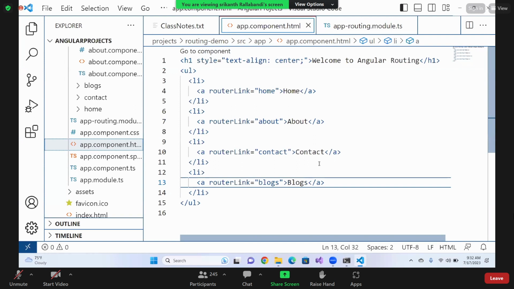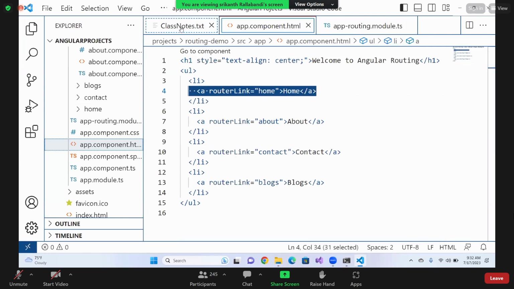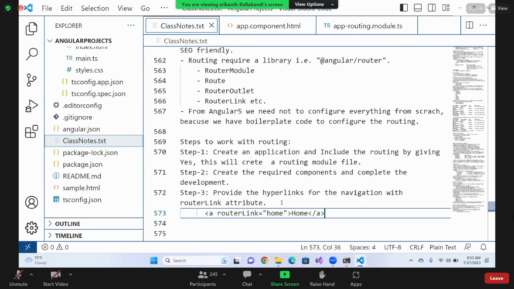That's it. That means just design the way you want to display the link with the help of an anchor tag, but don't give the href. Instead of using that, what do we have to use? A routerLink has to be given, something like this. Now, step number 4 is going to be